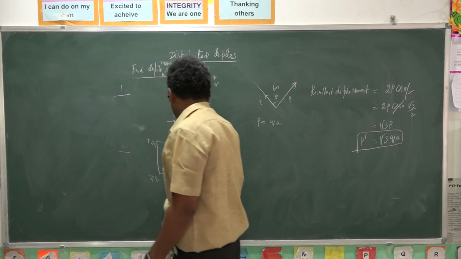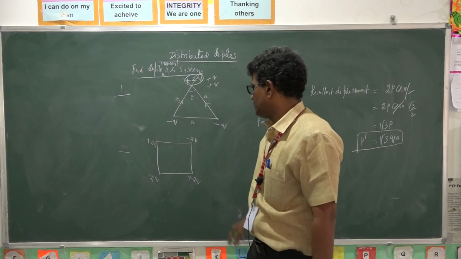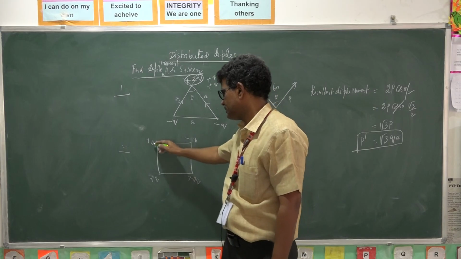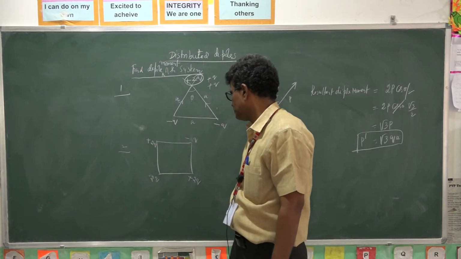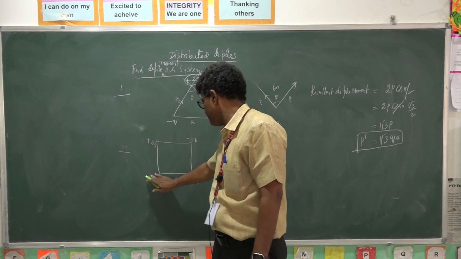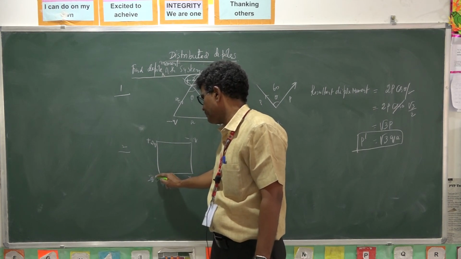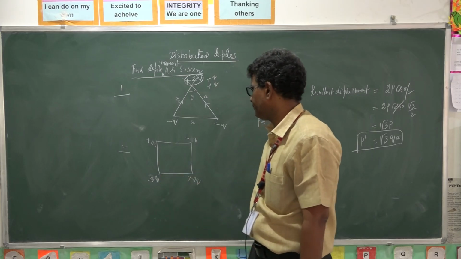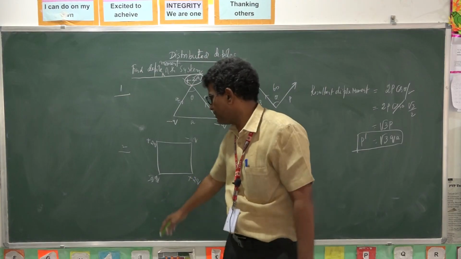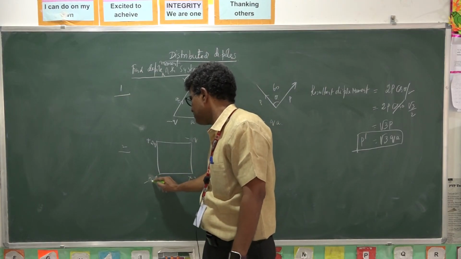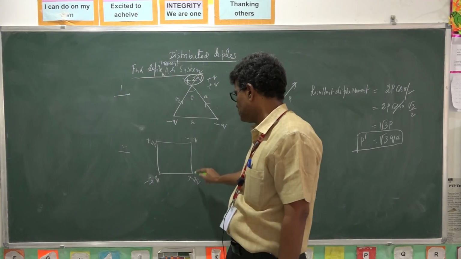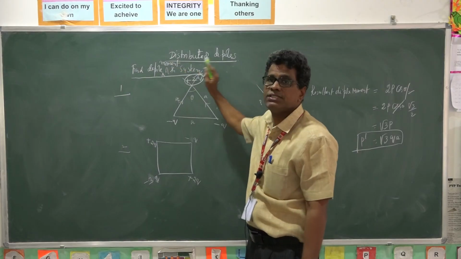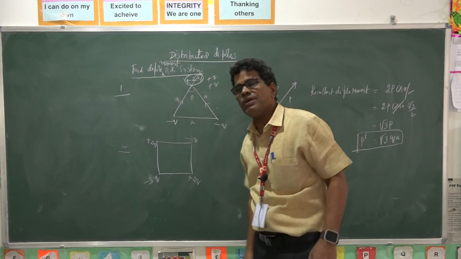So this is how it is. Otherwise you keep minus q here, this is also minus 3q, minus 3q, minus 2q. Suppose it will be like this: minus 3q, plus 2q, minus q, plus q. I want the net dipole moment. Find the dipole moment of the system. Same question. How can you answer this?